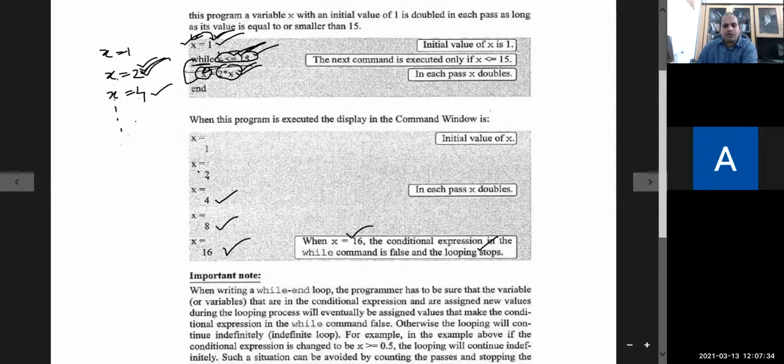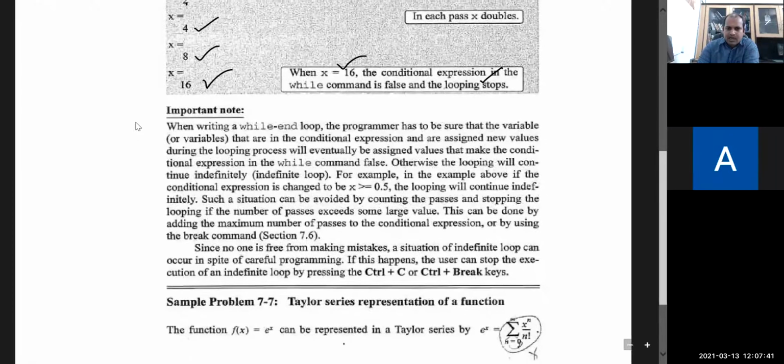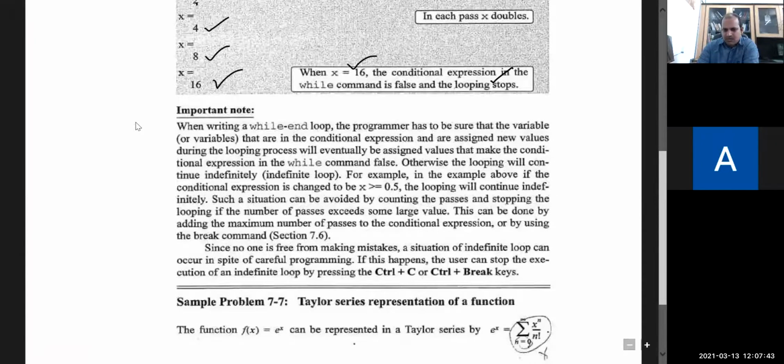And whatever is written after this will be executed. So this is the difference. And if there is some mistake and the looping gets executed indefinitely, then you can break it using Control C, or Control plus Break keys.